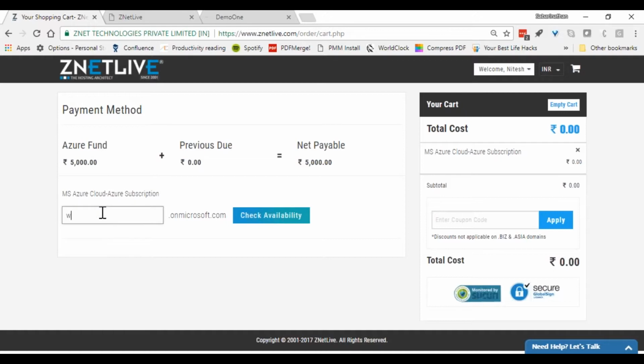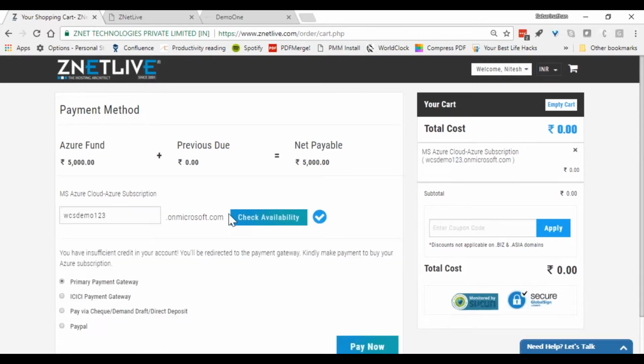You have the liberty to choose the amount you want to collect for your organization and for your business, right? So now, for example, in this here, I'm just going to check whether this particular host name is available for the Azure. So here, what we're trying to do is we're just provisioning an Azure subscription, right? We are not provisioning any virtual machine instances. We are not provisioning any databases or anything like that. We are purely provisioning an Azure empty subscription. So once the payment for the 5,000 is done, the subscription gets provisioned for the end customer. He will get his subscription details by email.